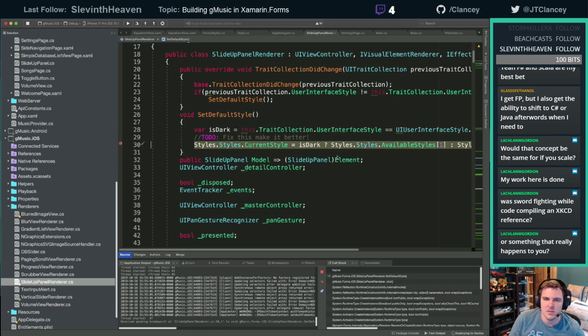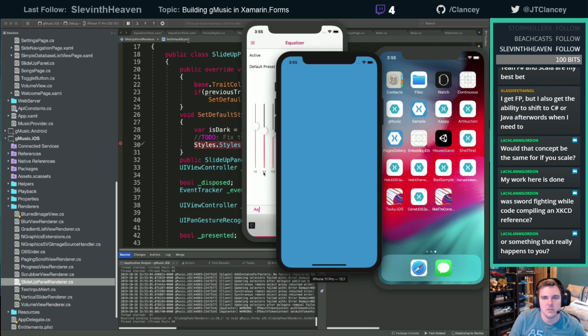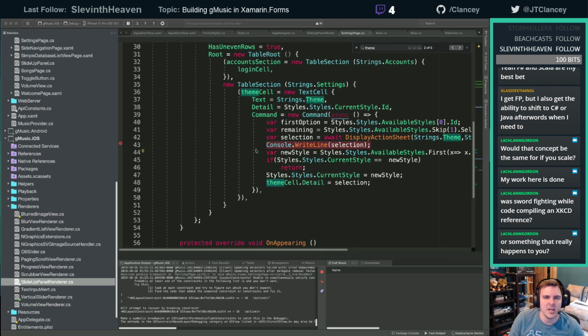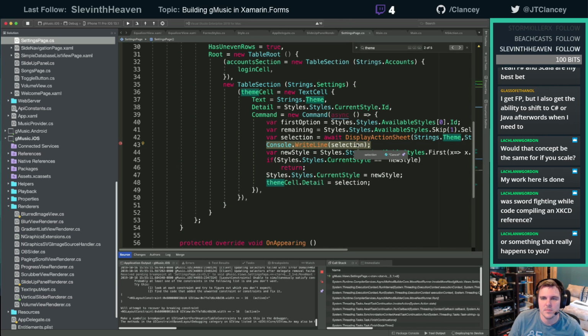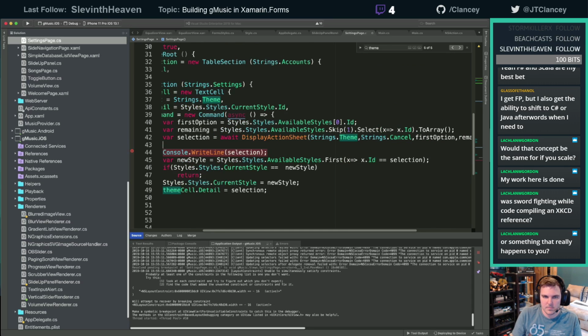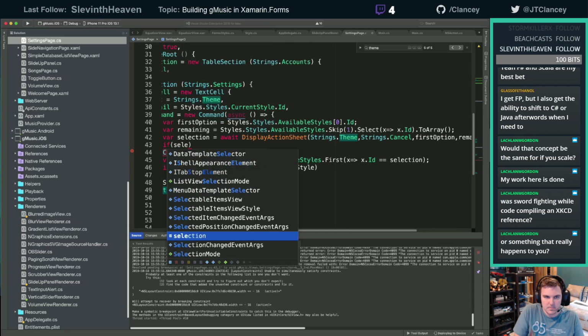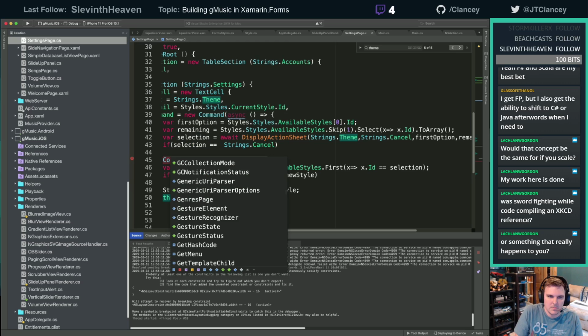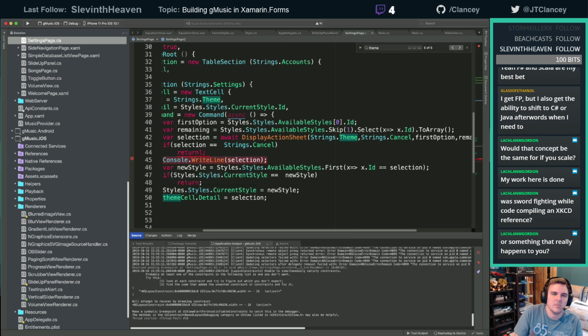Let's fix that. Found another crash. Problem with rewriting something from scratch, there's so many edge cases you don't think about. If selection equals cancel. All right, fixed.